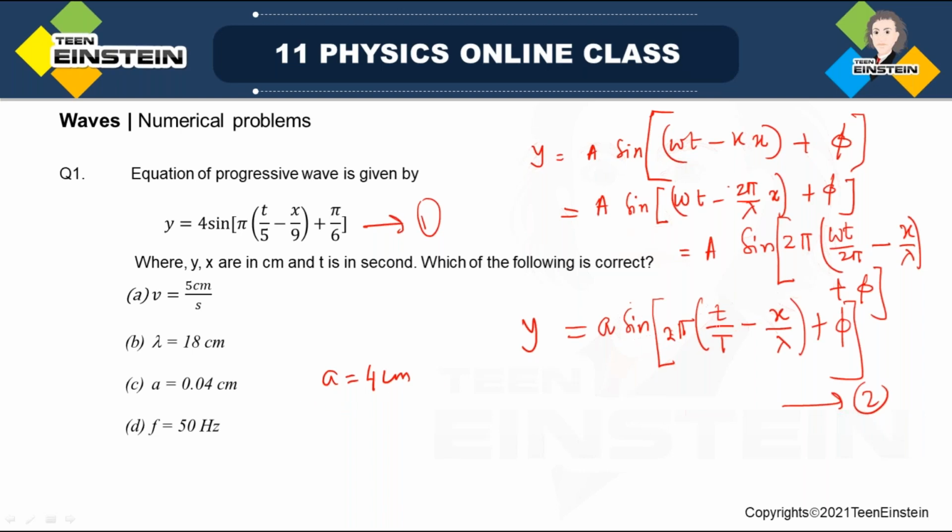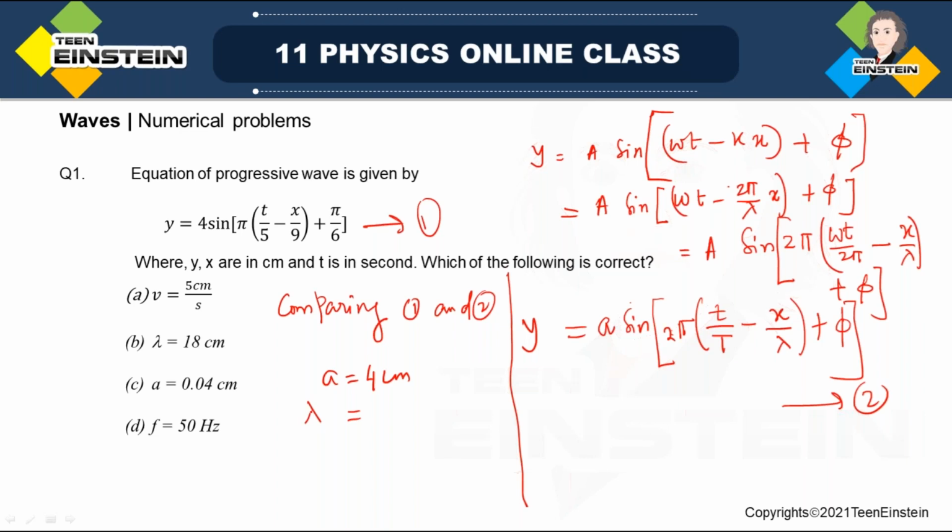So see, comparing equation 1 and 2, what are the things we are getting? First of all, a means amplitude, that is 4, that is a fixed quantity. Then lambda. See here, x by 9, and here you have only pi, but you have 2 pi over here, and you have x by lambda. So if you multiply 2 here, then this will be only pi. So comparing these two, we can write that